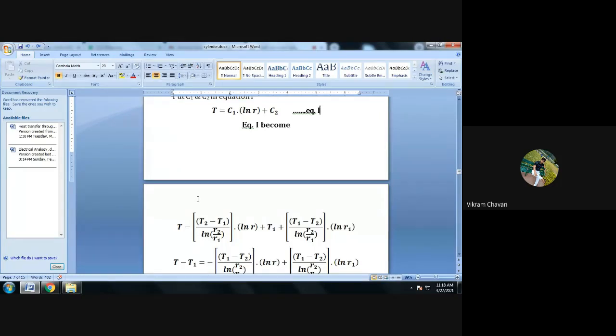Put C1 and C2 in equation number Roman 1. So equation Roman 1 is T is equal to C1 multiplied by ln of R plus C2. Therefore equation 1 becomes,